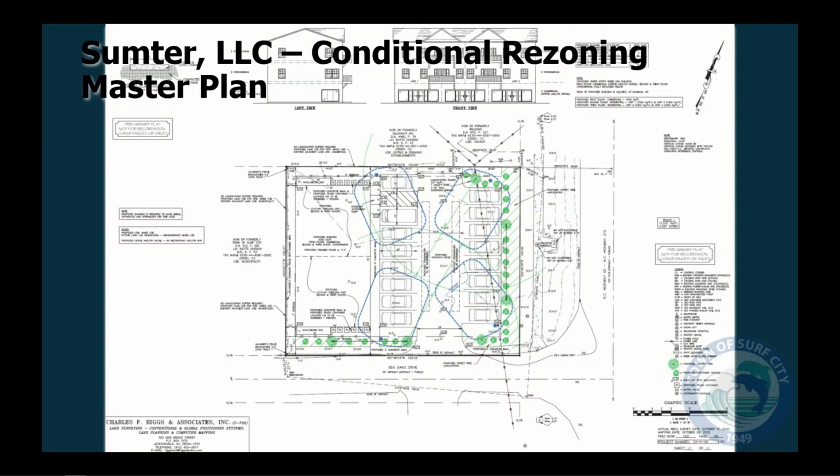Again, this is a conditional rezoning master plan. This is not a site plan approval. They would still need to go through site plan approval. Being that it's not over 20,000 square feet, it would be a staff level approval as long as they make no significant changes to the master plan. But with this, they've identified that they would be doing a pervious concrete parking lot. They've identified the minimum parking required for a combination of office and retail at the bottom and residential on the top stories. And they indicate that they'll be using subsurface stormwater controls. This would only have a driveway off of Sea Oaks.